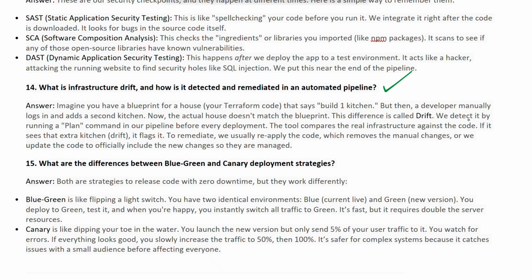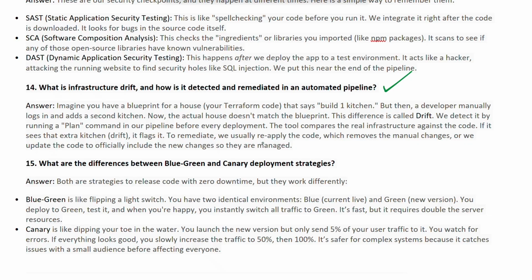We detect it by running the plan command in our pipeline before every deployment, the Terraform plan. The tool compares the real infrastructure against the blueprint, which is the infrastructure as code script. If it sees some extra kitchen, which is obviously a drift, it flags it.